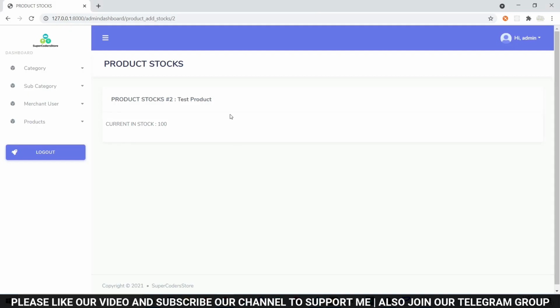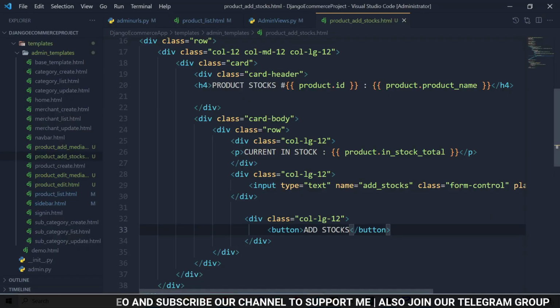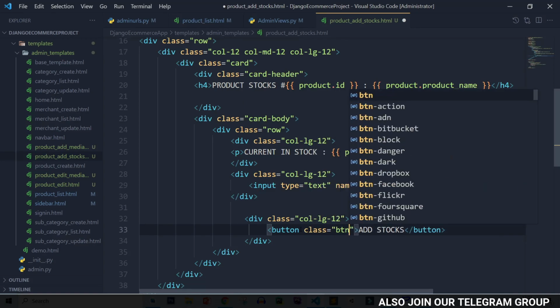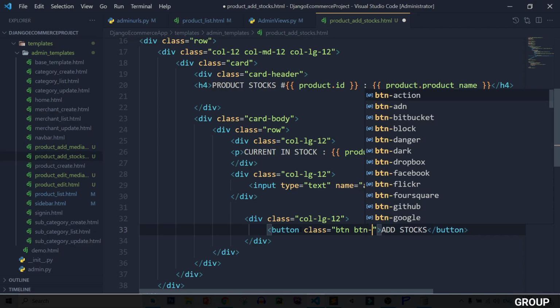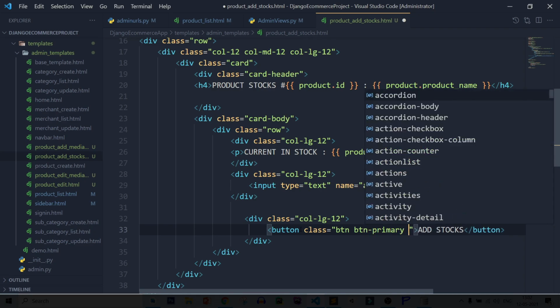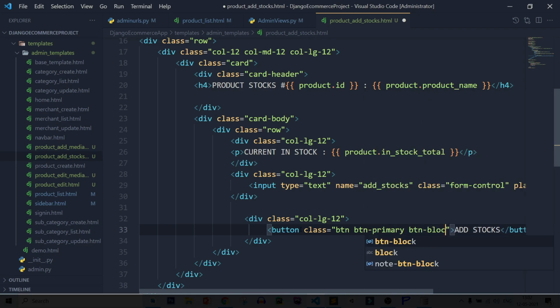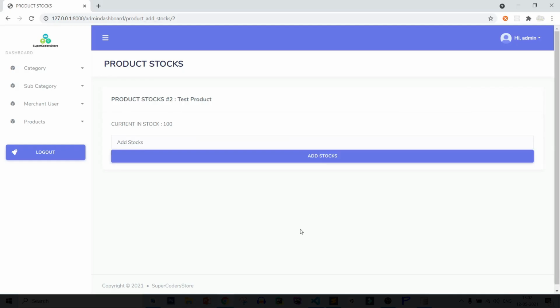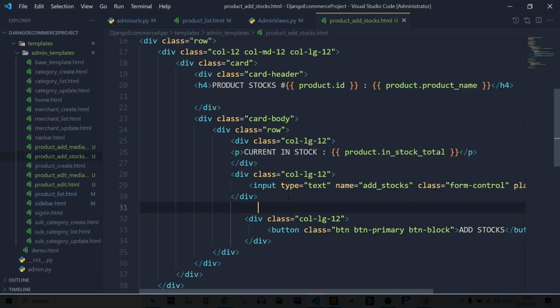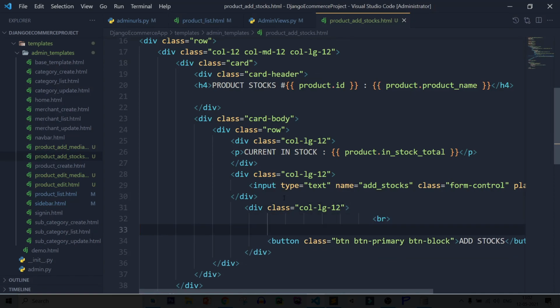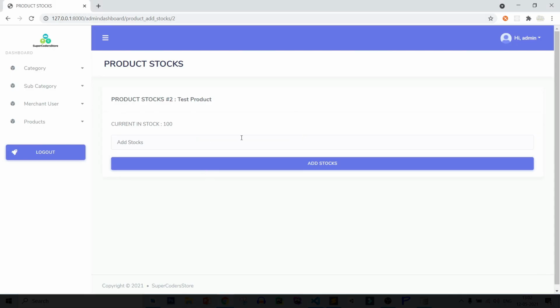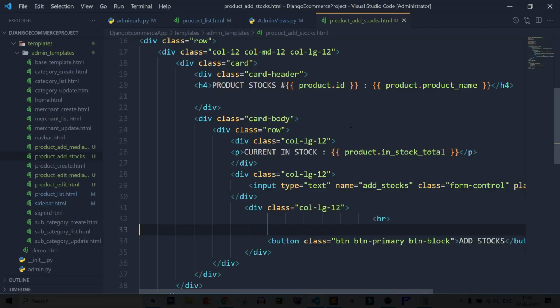Save this file, refresh page, and adding a class btn btn-primary btn-block. Save it, refresh, adding a line break. Try to add it here, refresh page. Now you can see it is looking perfect.